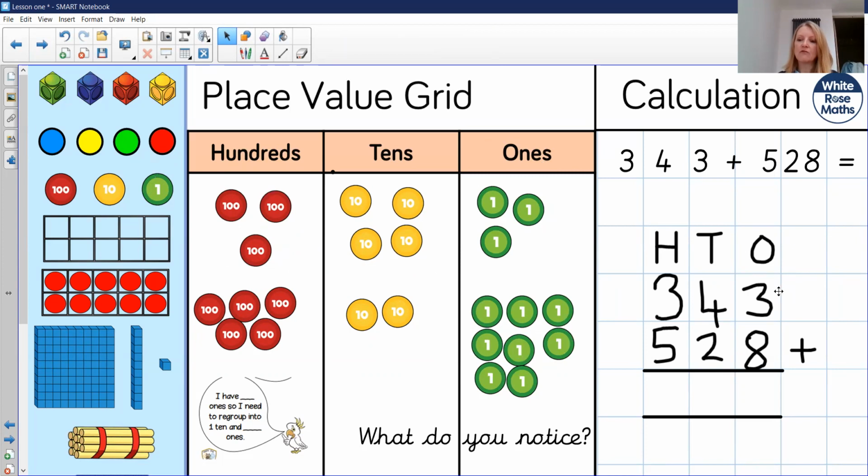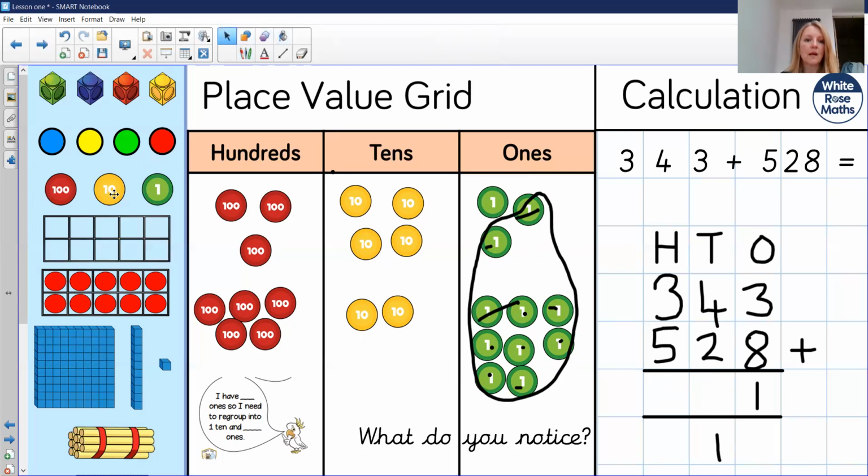So I think about what 3 add 8 is. 3 add 8 is 11. I can't squish the 11 into the ones column. I need to regroup that into, did you get it right? 1 ten and 1 one. 1, 2, 3, 4, 5, 6, 7, 8, 9, 10, 11. So 10 of those ones, 1, 2, 3, 4, 5, 6, 7, 8, 9, 10, they could be regrouped